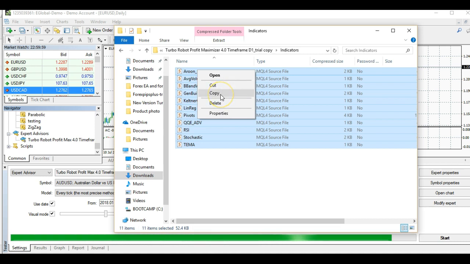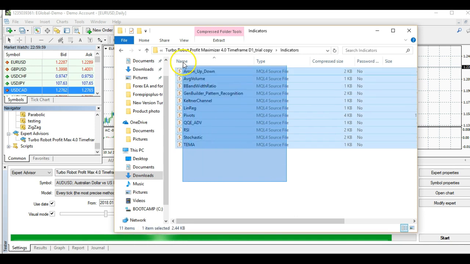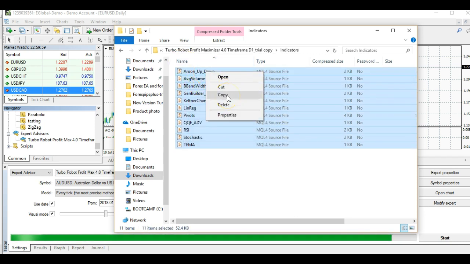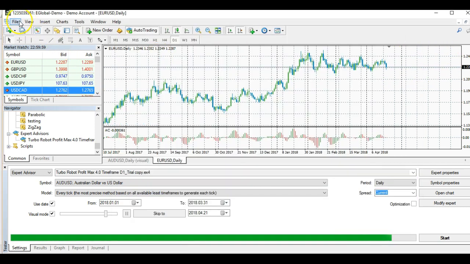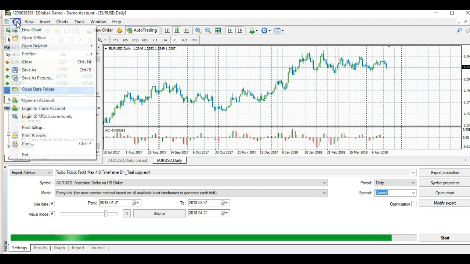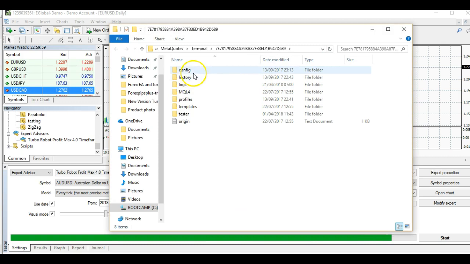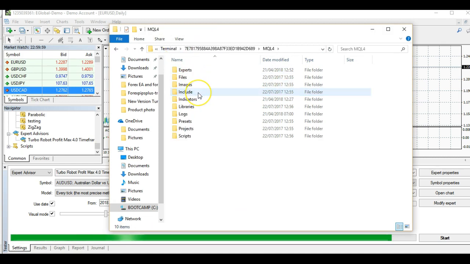Okay, so right click, then copy that. Alright, so first highlight, next is right click, and then copy that. Alright, so the next thing is to go back to the folder. This is the second step: you go to the file and open up the MQL file again, and then next